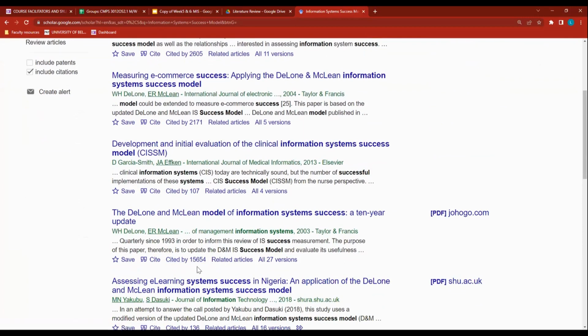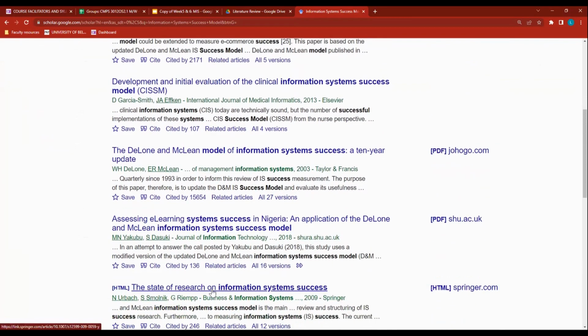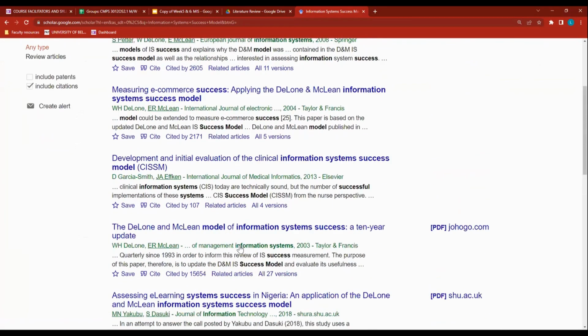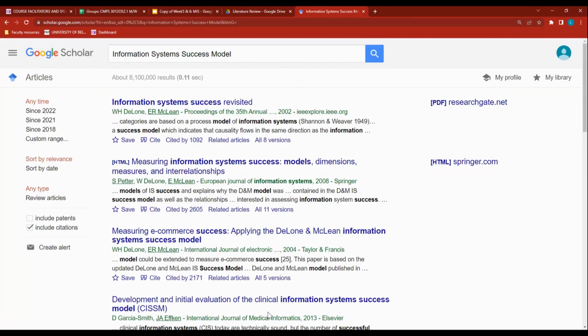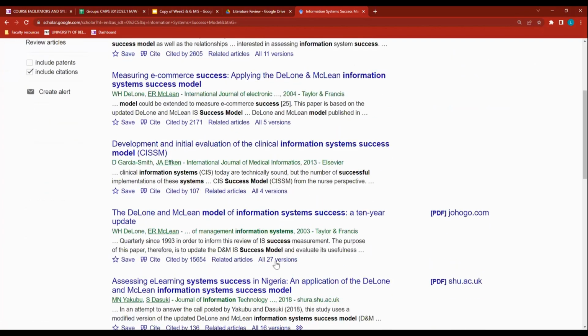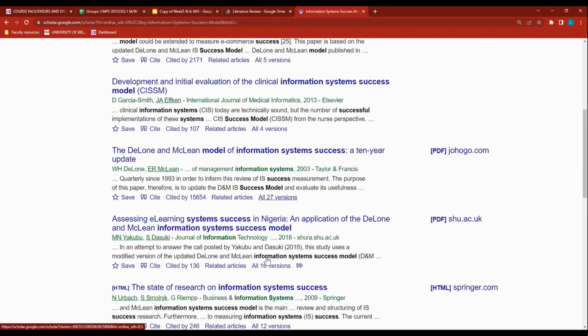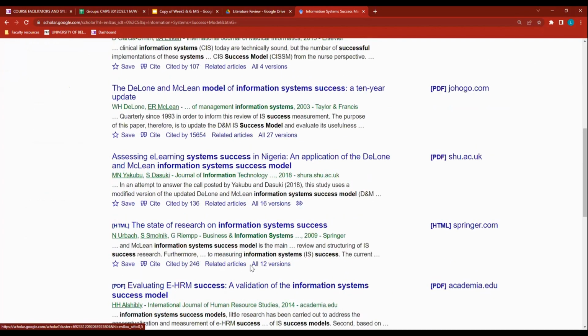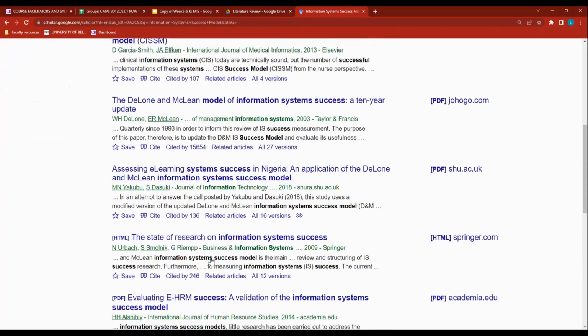We look at the citation numbers. So the citation just tells us how many people referred to this article when they were publishing their research or their literature review. And you're going to bear that in mind as you find a paper that you'd like to reference. You look at the version numbers. This one had 8 versions, so it shows they keep revising this document. This one had 11 versions, 5 versions, 4 versions. This one had 27 versions. Wow. And all of these gives you some information on what you're looking for.